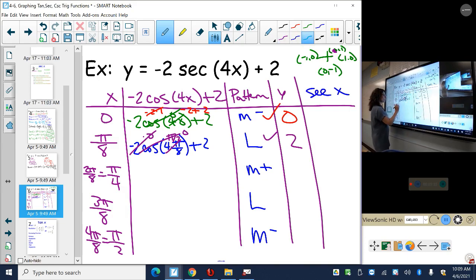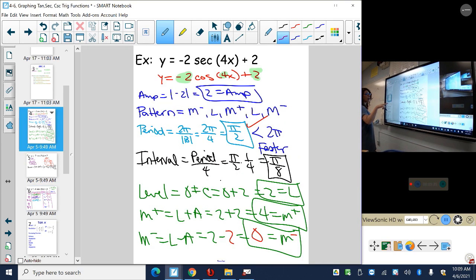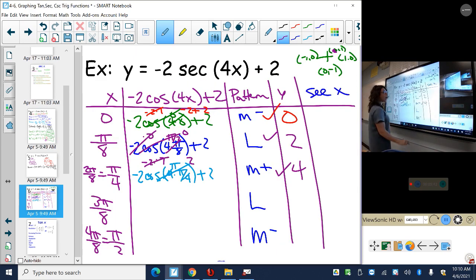The next one is going to be negative 2 times the cosine of 4 times pi over 4. So those cancel out to give me pi. And what is the cosine at pi? That's going to be negative 1. So that's negative 2 times negative 1, which gives me a 2, plus 2, which is a 4. And that is going to be our maximum. So I'm really hoping that you all found this mistake that I had on there earlier. It's okay. I know that our pattern is right, so this can turn into a 2, and this can turn into a 0. So if I graph this,